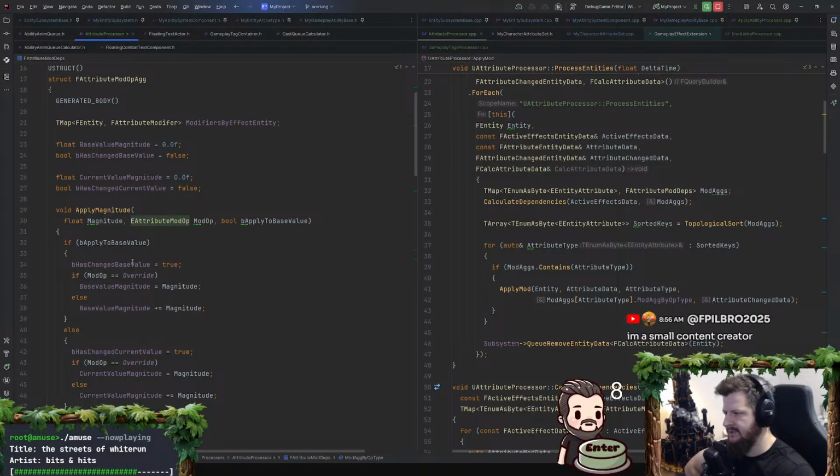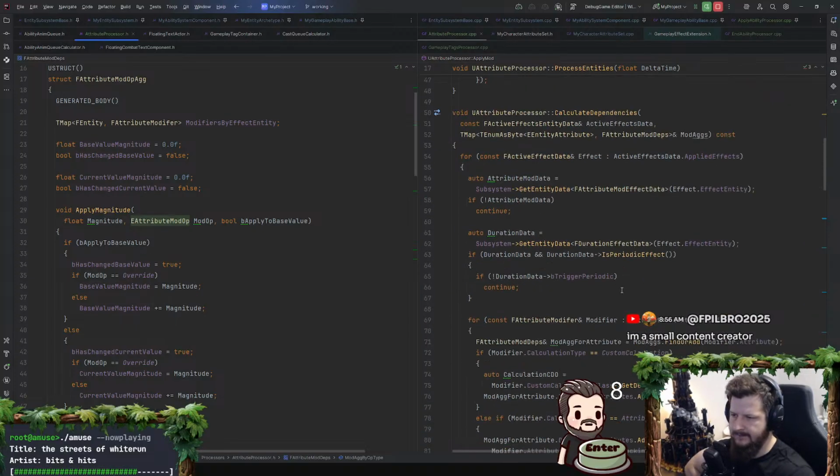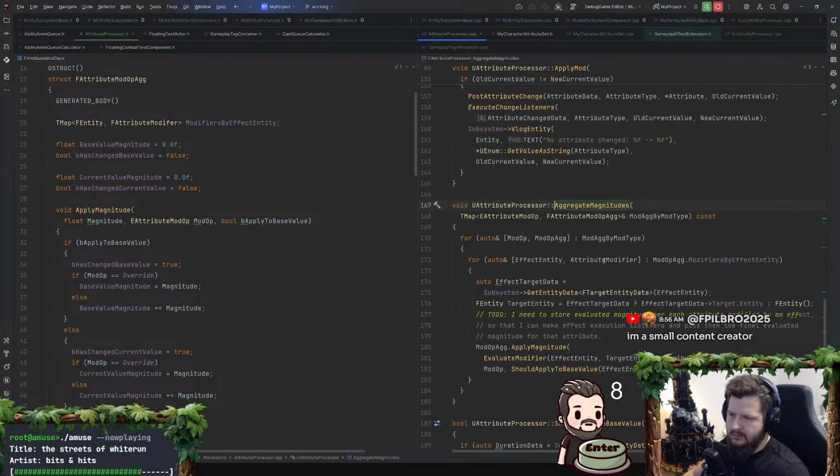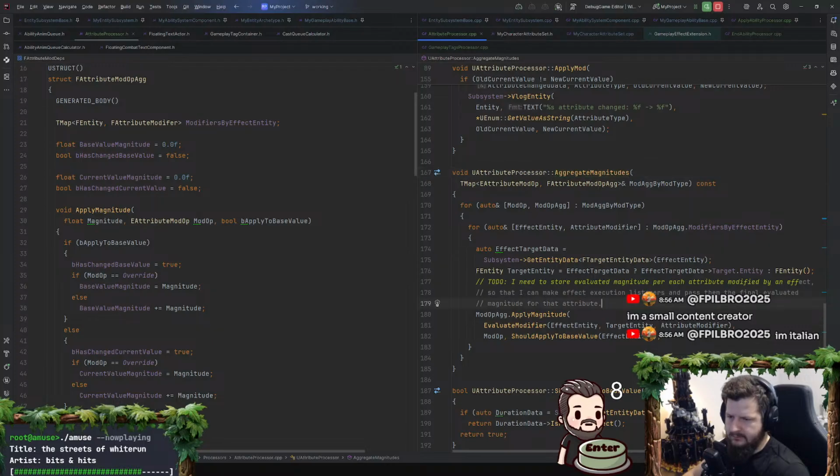And then I store base value and current value. That's going to need to change. Aggregate magnitudes. I need to store evaluated magnitude per each entity modified by an effect, so that I can make effect execution listeners and pass them the final evaluated magnitude for that attribute.